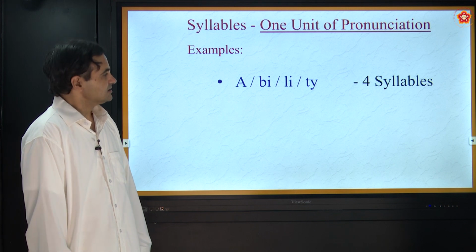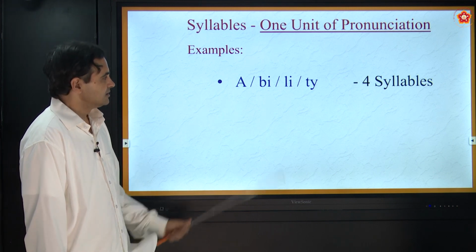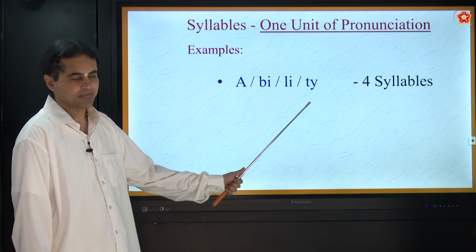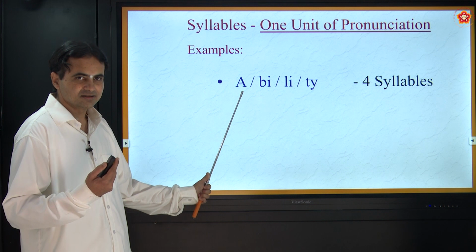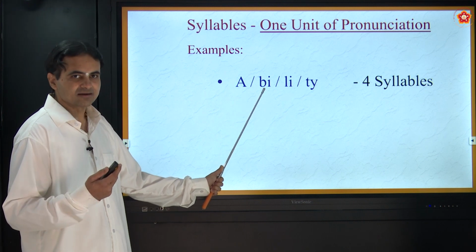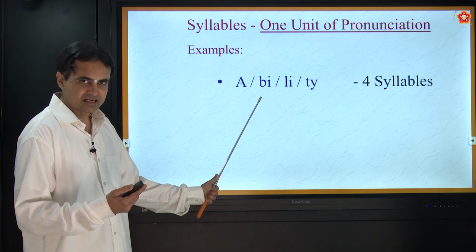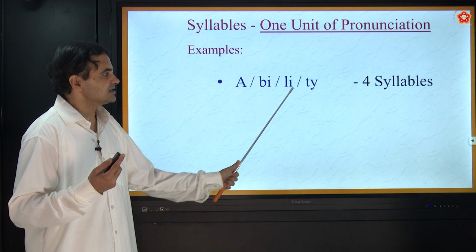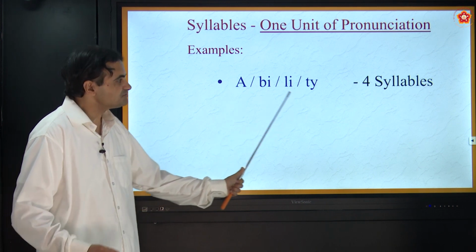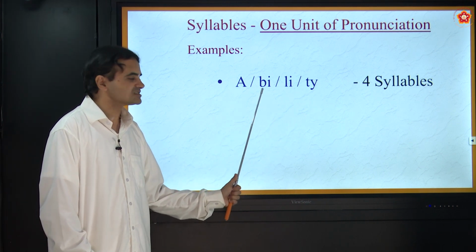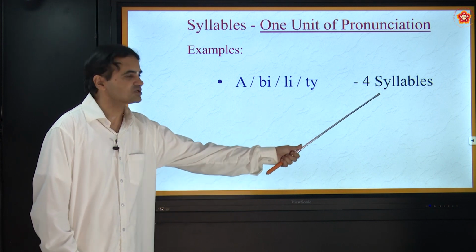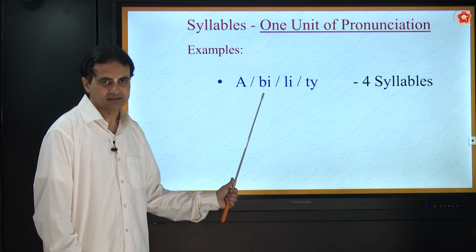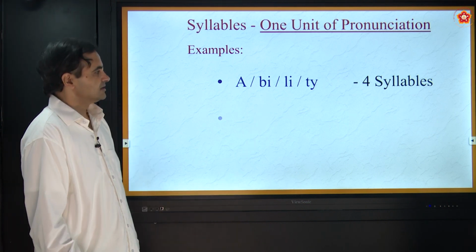4-syllable word. What are some examples for 4-syllable words? Ability. So we say a, once we say that, again we say b, li. Again we open the mouth to say li, and once again we say t. So 4 times we are opening the mouth to pronounce the small pronunciations. That's why it is a 4-syllable word. Ability. This is ability. Next one,